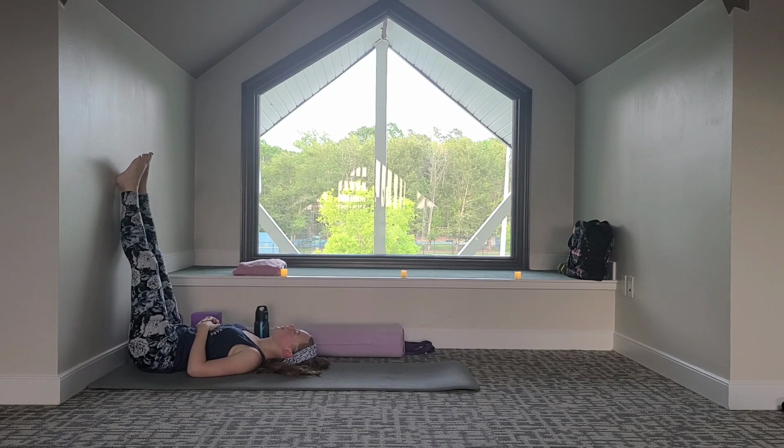We're going to do our alternate nostril breathing. This is great for our sinuses, so if you have allergies, this can be wonderful. It can also help with anxiety. So pick a hand. I'm going to bring our pointer finger and our middle finger in between our eyebrows. I'm going to start by